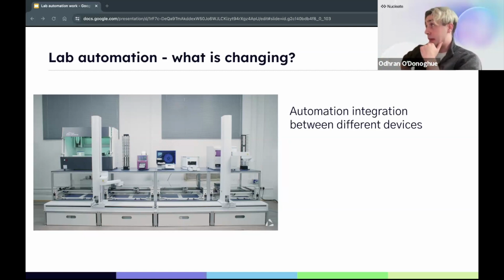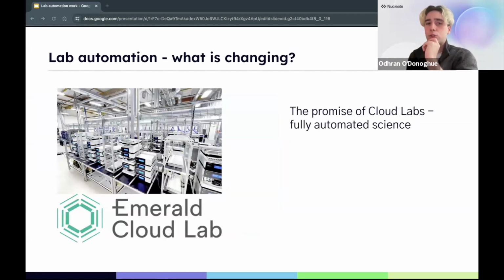The main thing to note here, of course, is that this isn't everything in a lab. You'll notice there's no fridge. You'll notice there isn't a centrifuge really connected. There are other key bits of lab equipment which aren't necessarily integrated with this sort of stack yet. And on top of that, these are often built for custom jobs, like a specific function in a lab. So while we're getting there in this capacity, it's not everything. However, people are trying to push the envelope and are trying to automate as much as they can, and making this available then to as many people as possible.